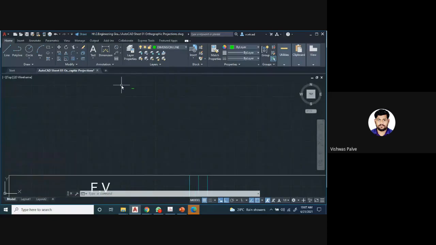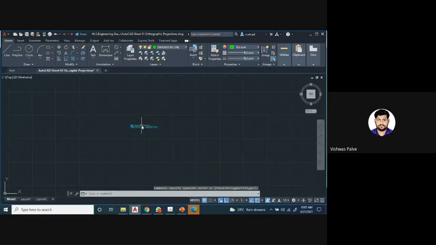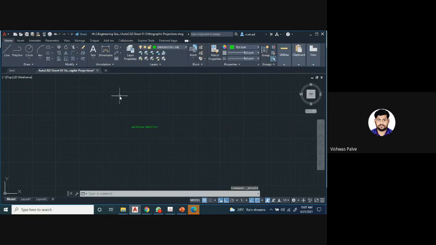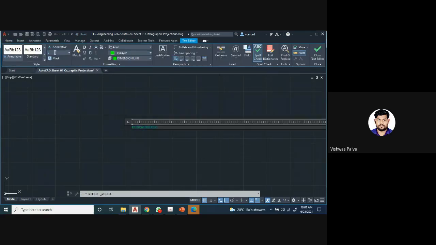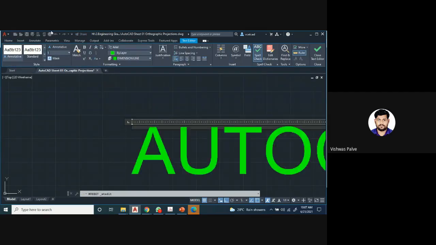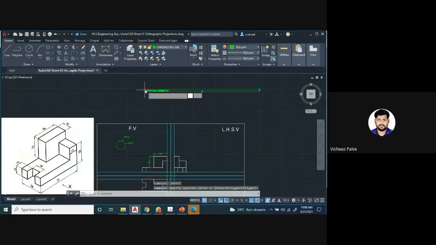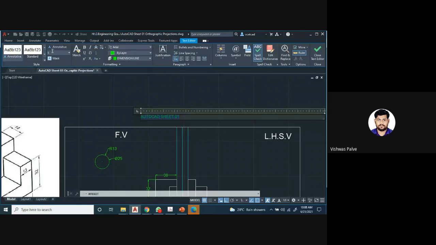What you can do is select that text, zoom in, double click on it, select all the text, and change the height to 5, and click on the blank space. Again, select that text, select all the text, make it 5, press enter, and then click on the blank space. Now it is visible. If I want to increase the height, again you can do that, and all the commands, such as copy and paste, are applicable to it.